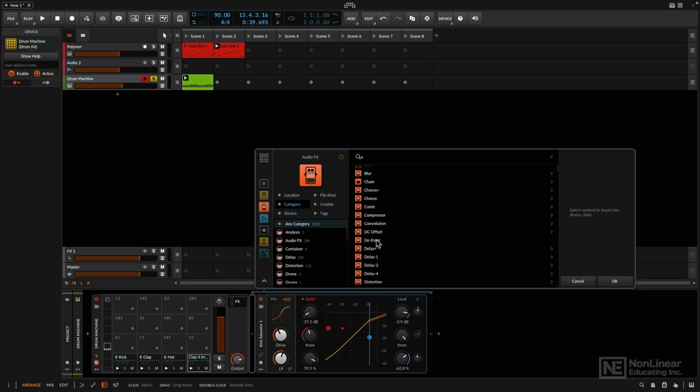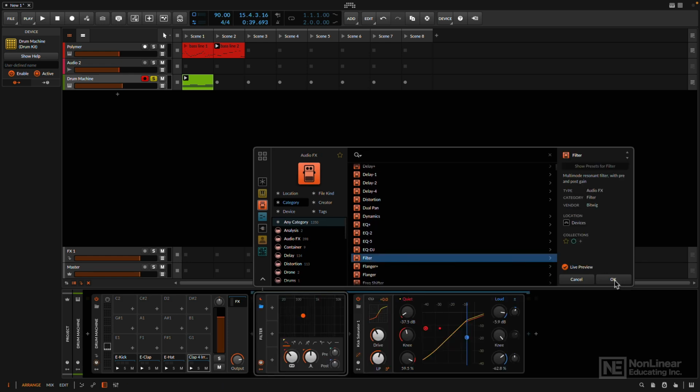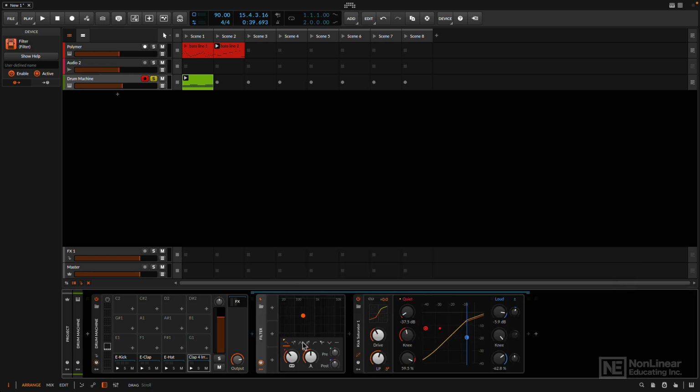And I'm going to add the filter before the saturator because when I do save this as a preset, I want to be able to have a filter accessible from some macro knobs on my remote controls. We'll get to that later. But now,